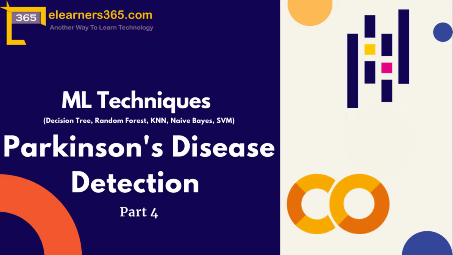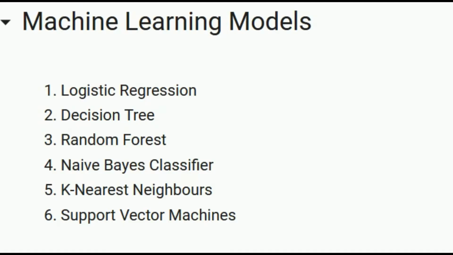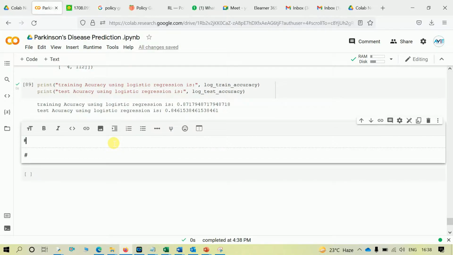So till now we have seen how to do exploratory data analysis, data visualizations and logistic regression on our Oxford Parkinson's disease dataset. So now in this video we will be looking at how to do machine learning techniques other than logistic regression, such as decision trees, naive Bayes classifier, k nearest neighbor, SVM and random forest. So we will check the accuracies of different techniques and we will see their confusion matrices to compare their scores. So let's work on different classifiers.